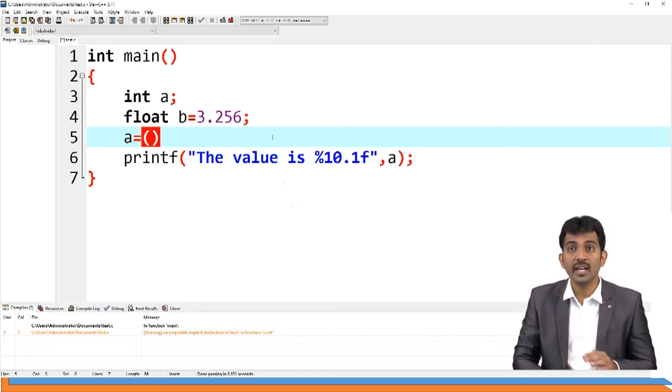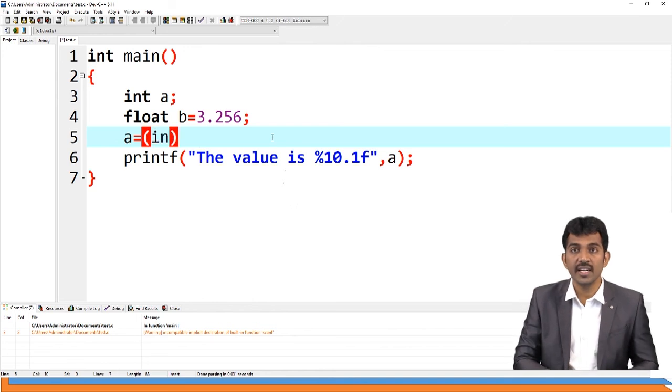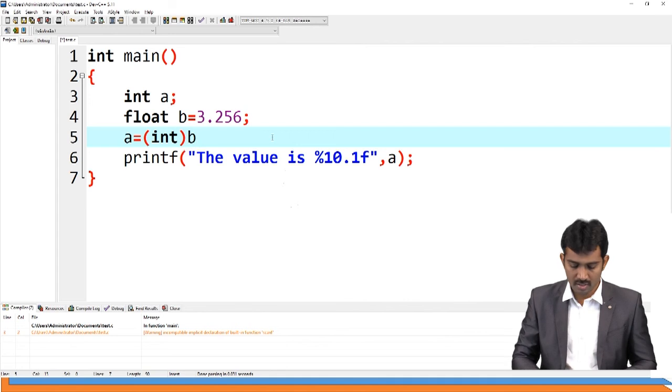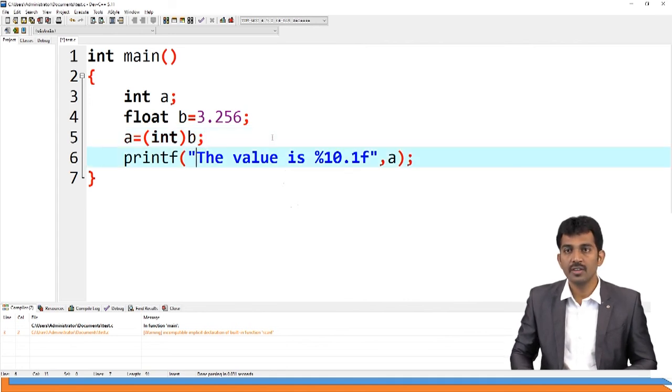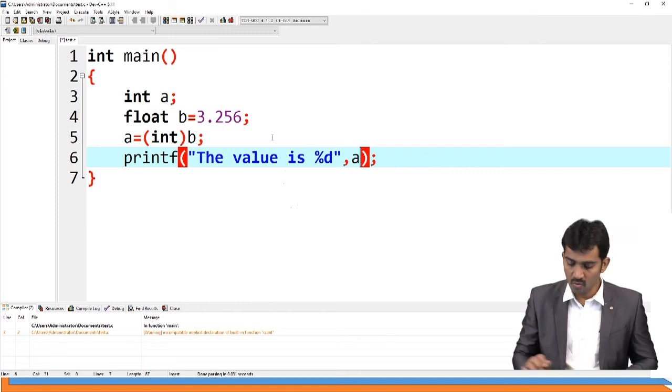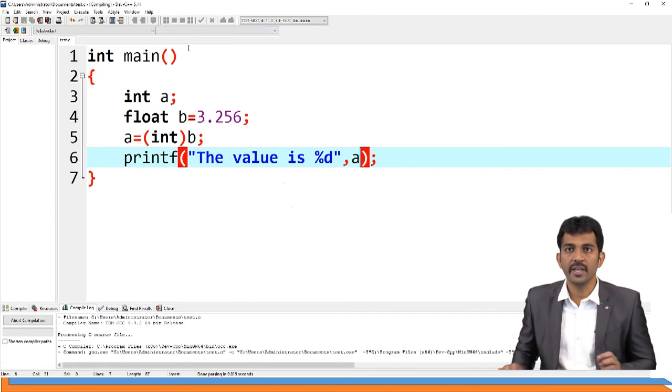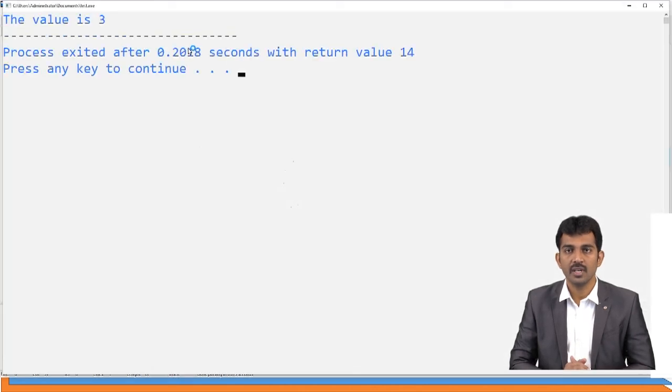That means the destination is integer, and I'm going to convert B. That's all. Now if you print your data with %d, comma A, what is the result you are going to get here? Only the integer part you will get here, 3 only, right? But the actual value is 3 point something.